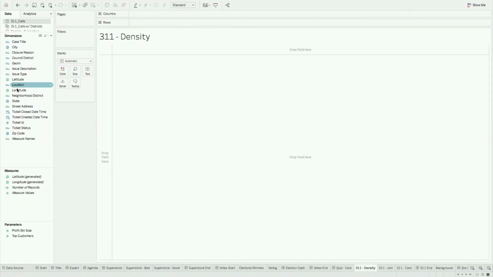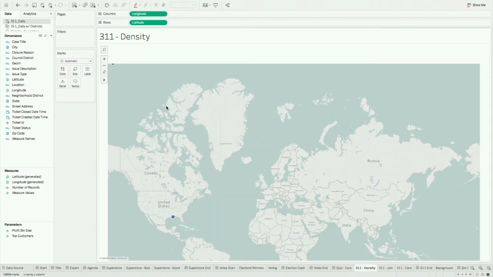So the latitude and longitude fields are here, and notice it's got that globe on it again. So I'm going to double click each one, and now we're presented with a map. You can see the map isn't quite right. It's zoomed too far out. All that data is just in this little area,